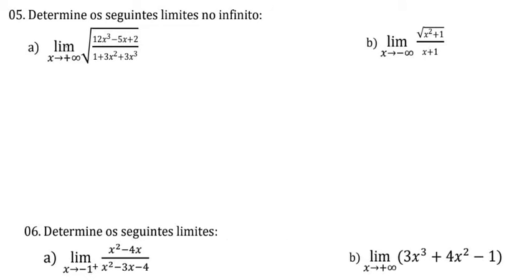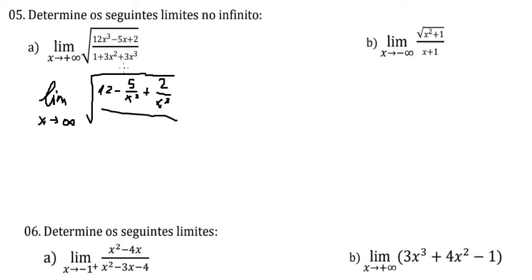Question A, we have the limit as s approaches positive infinity. We see that the highest power is s to the power of 3 in the numerator and denominator. So we put the square root of this one. We divide both sides by s to the power of 3 on numerator and denominator. You get the square root of 12 minus 5 over s to the power of 2 plus 2 over s to the power of 3